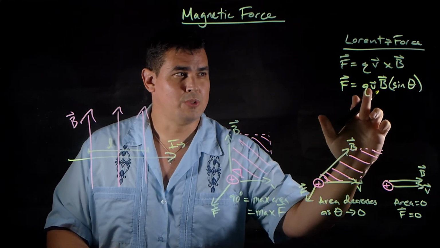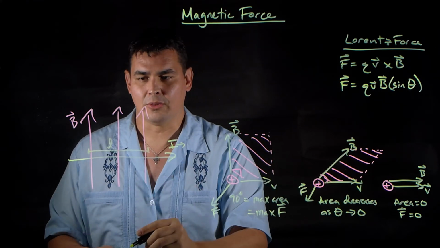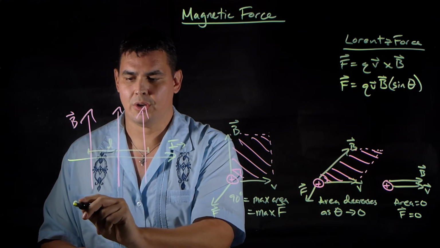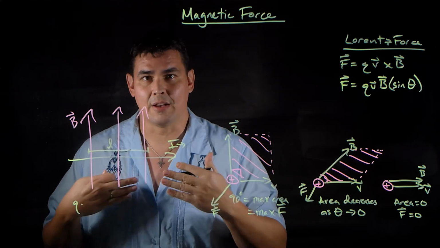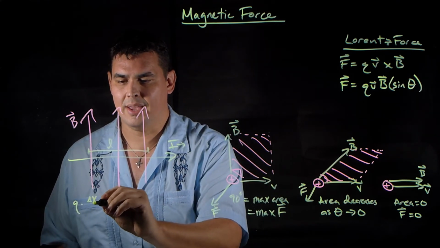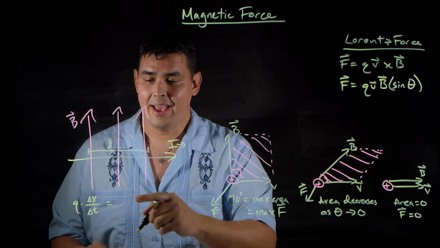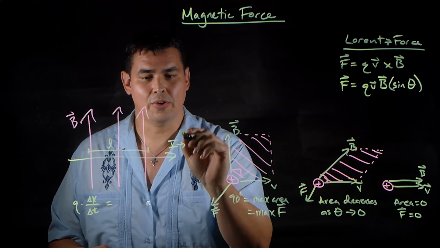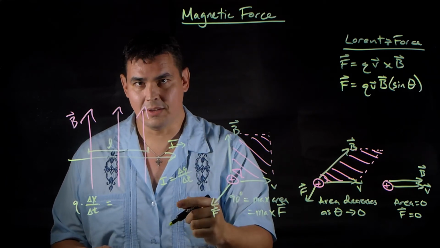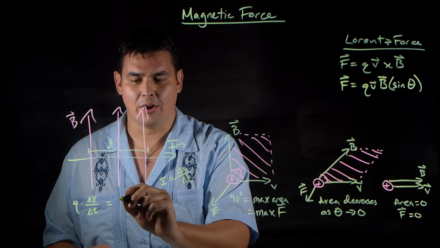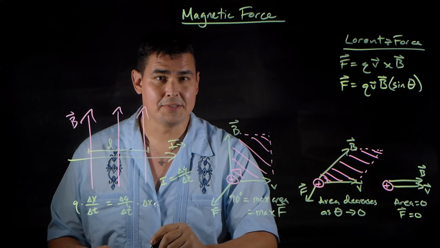If force is Q times V times B, I can think of that in terms of current and length. Q is charge, and I'm multiplying it by velocity, which is distance over time. Basically, velocity is how far you go in a time, so that's delta x over delta t. That's the same thing as if I did current. Current, we know, is the flow rate of charge, dq dt. So if I multiply current, which is charge divided by time,